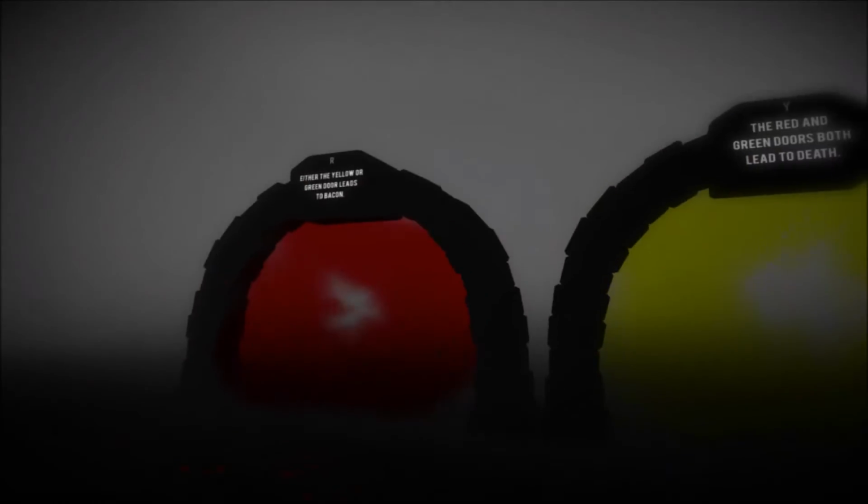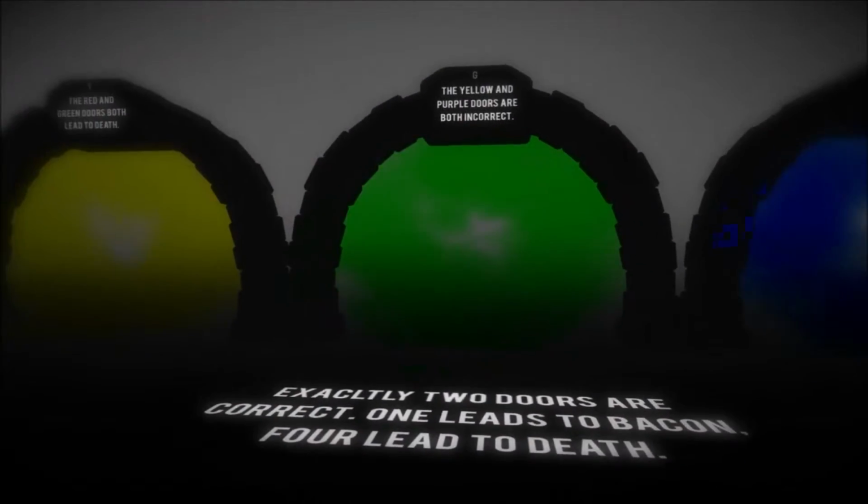So red is automatically out. Right? Red can't be it. The red and green doors both lead to death. That is true if green... The yellow and purple doors are both incorrect. Okay, so if blue is correct...